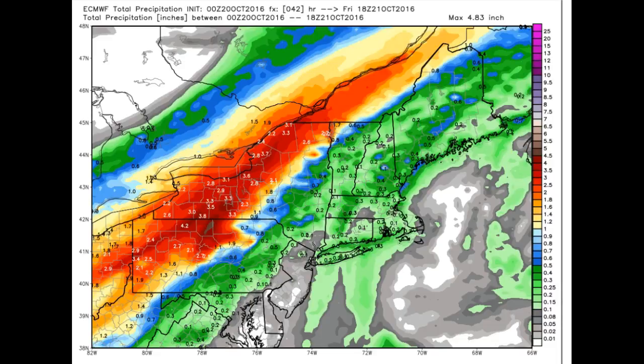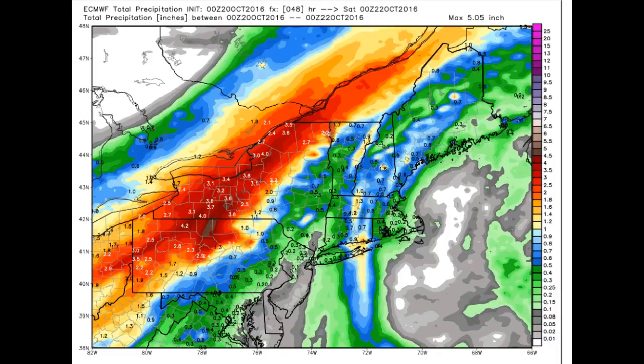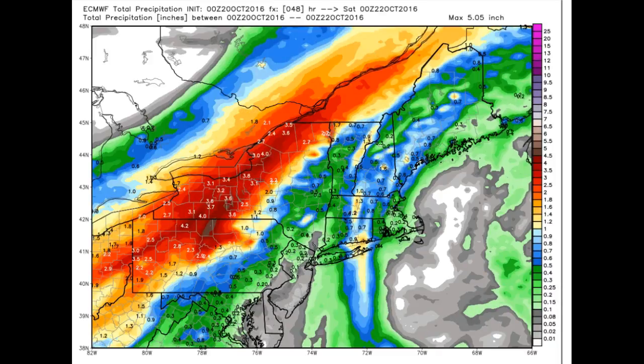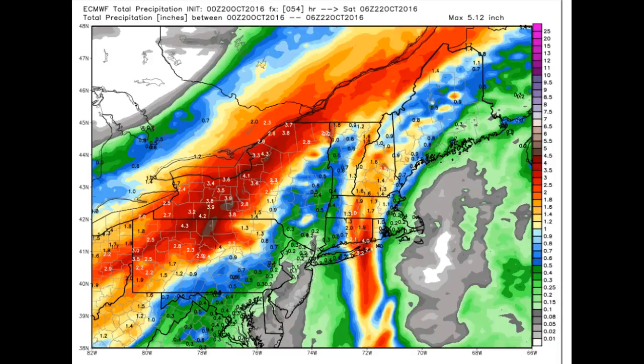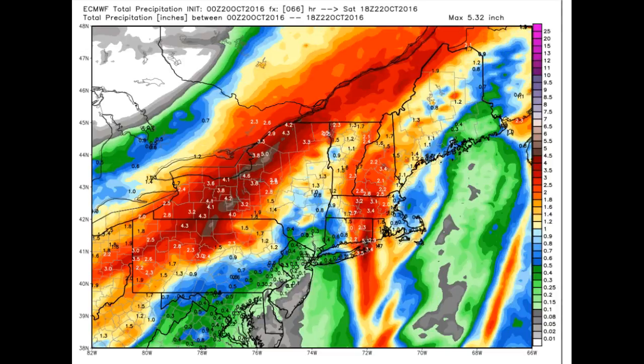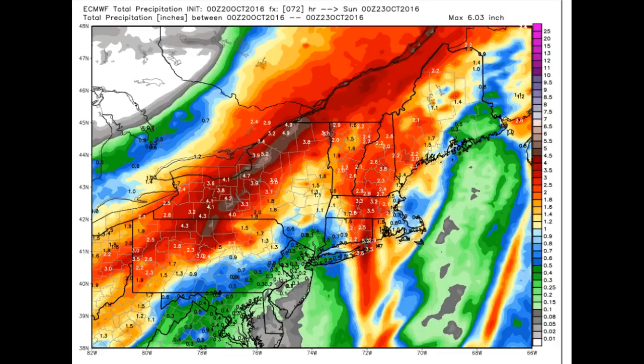And you kind of see the picture here. This is valid 2 o'clock in the afternoon on Friday. Then I want to call your attention to some moisture here that's from that subtropical or tropical storm Otto. It gets pulled in and up through parts of New Hampshire especially, and into the eastern portions of Vermont. This is total accumulated precipitation, so you can see those reds up around 2.3 inches around Springfield, 1.7 at White